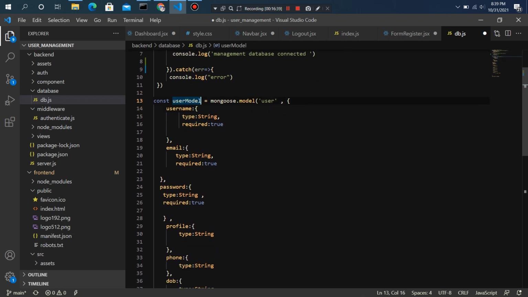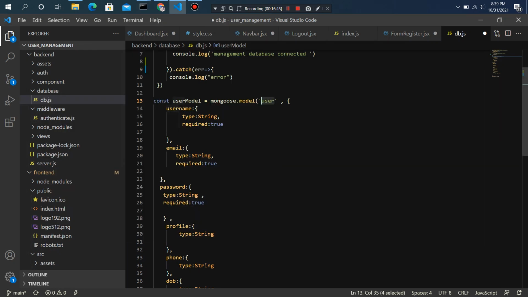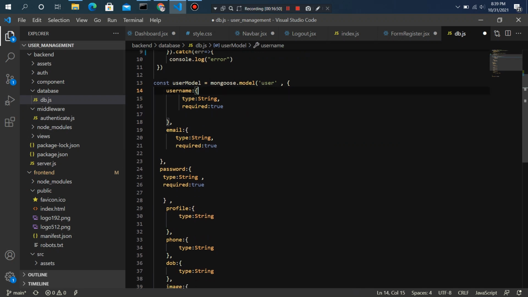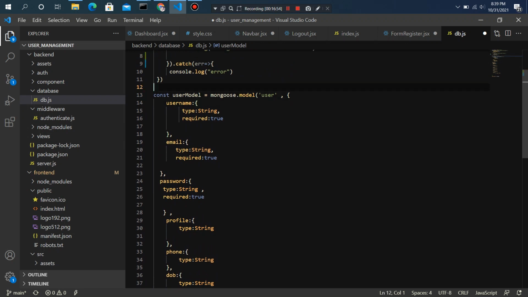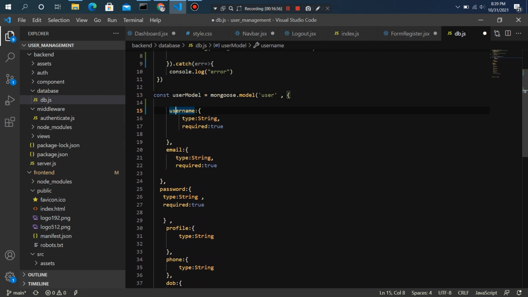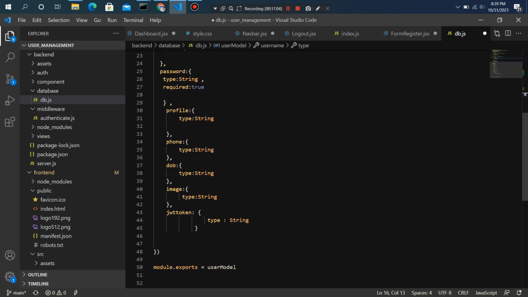Here we are importing the user model; basically the collection name is user as well, and in the database it will be users, and we are passing it to the schema of this database. First of all, we are storing username, email, password, profile, phone, date of birth, image, and JWT token.